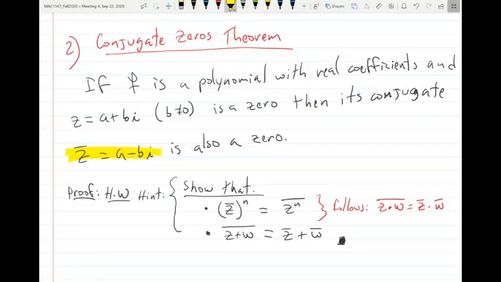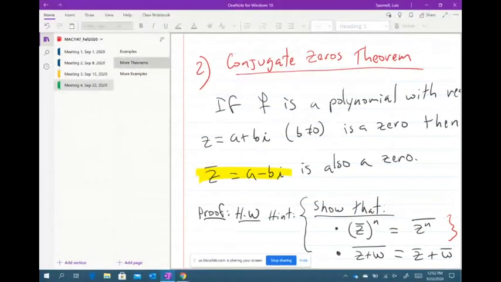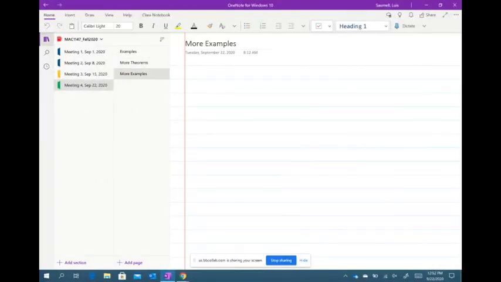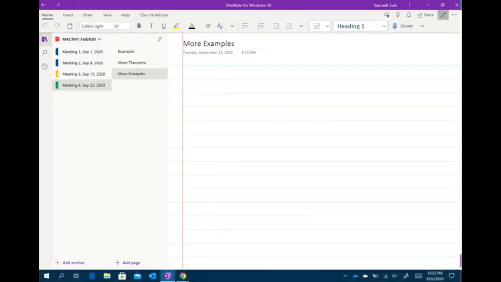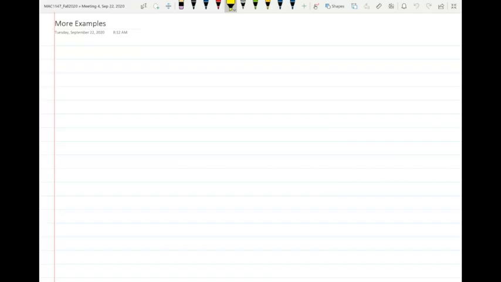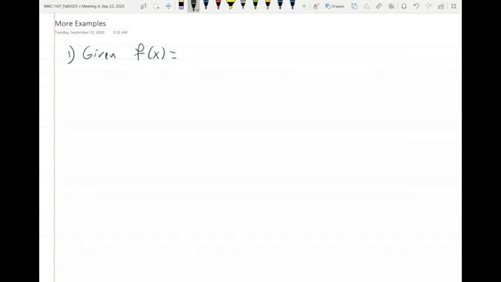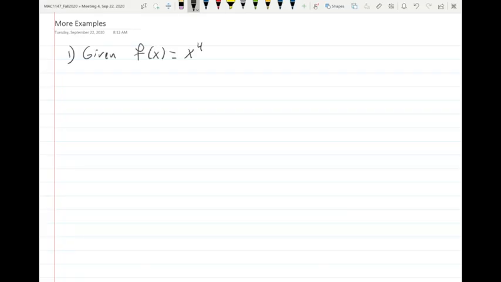All right, so let us do one example on that. Then I'm going to come back and give you more theorems. Actually, one more theorem. But before I do that, let us use an application of the factor theorem and this conjugate business and so on. So given that the polynomial f of x equals, let's do another degree 4,